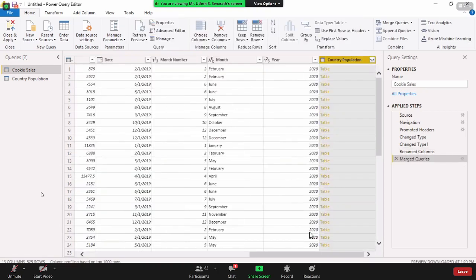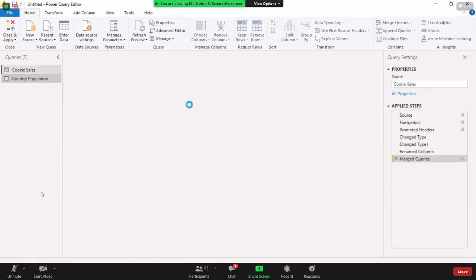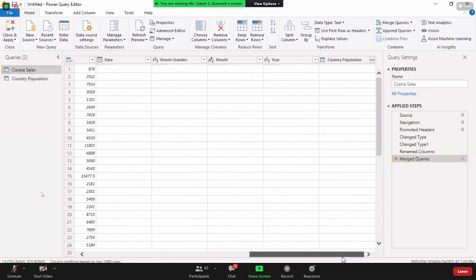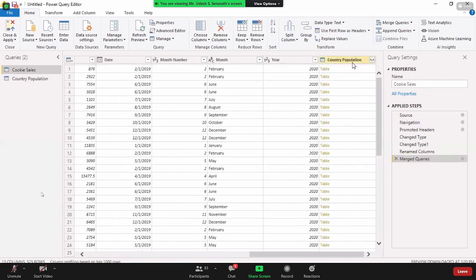Right. Once you click OK, you can see in the cookie sales query, not in the country population, at the end, a separate column is added, called country population. But here it says table, table, table. We don't want this; we want the population to appear here. If you click on this